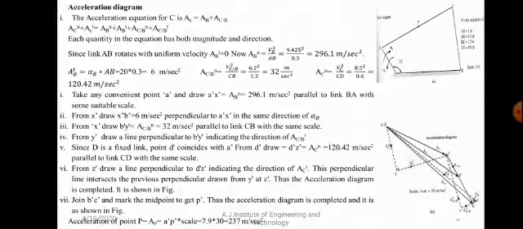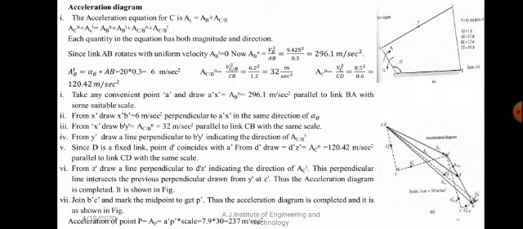a_AB also you know, a_TB also we know. First you draw a_AB parallel to the link BA. Perpendicular to the link BA you draw from that x dash the a_TB value, 6 meter per second square. Mark the point B dash and join it to the A. Then you will get a_B. Normal component we know, tangential component you know. a_B value you got it. First you draw a_AB, mark X, then from X, a_TB, mark B dash and join this. We will get a_B, this is that one triangle is over.